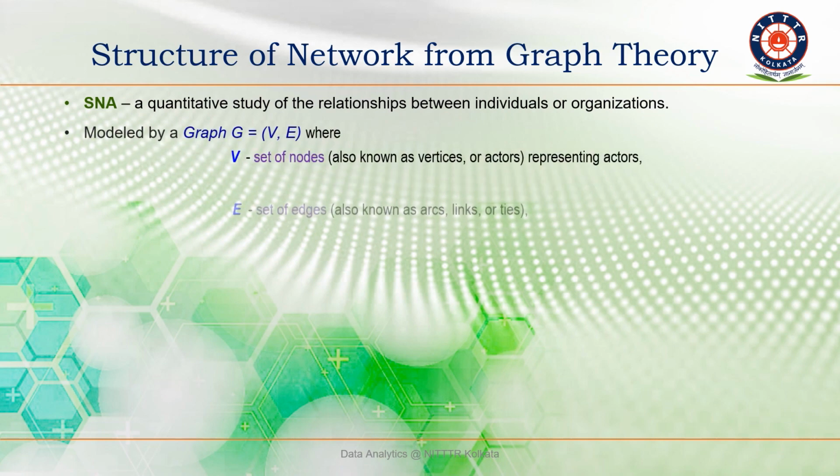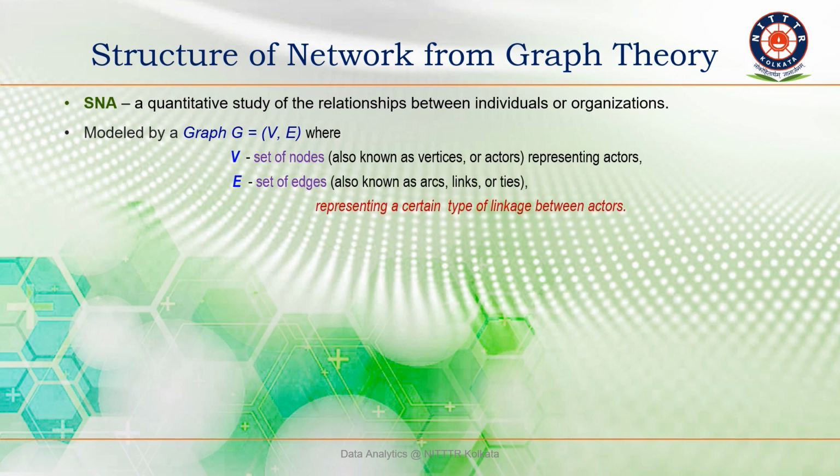So, let us consider a graph G, a combination of V and E, where V indicates the set of nodes representing actors, and E indicates the set of edges representing the ties. And finally, V and E are connected by the edges, representing certain types of linkages between